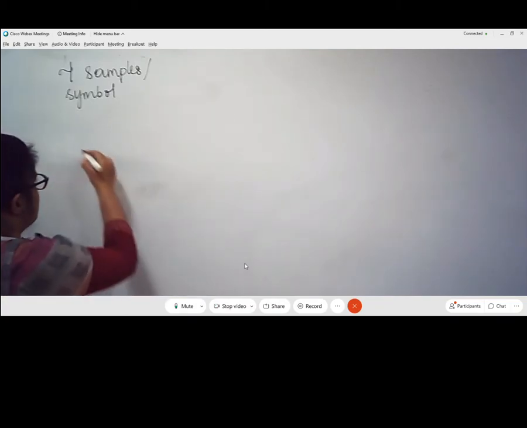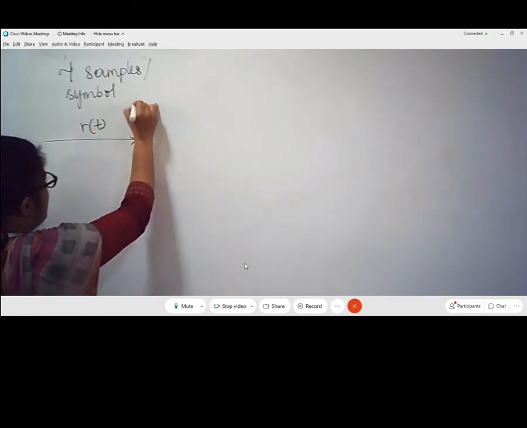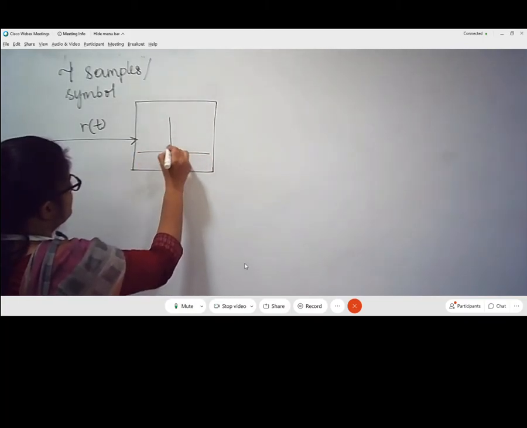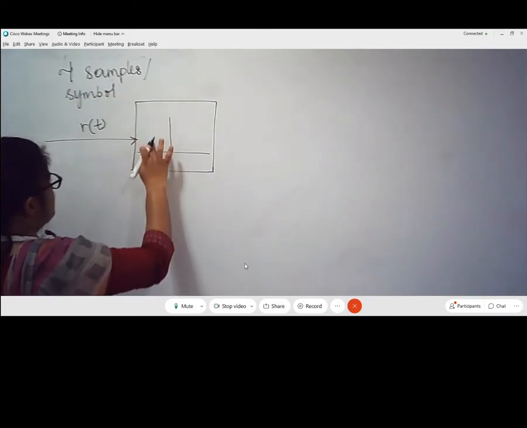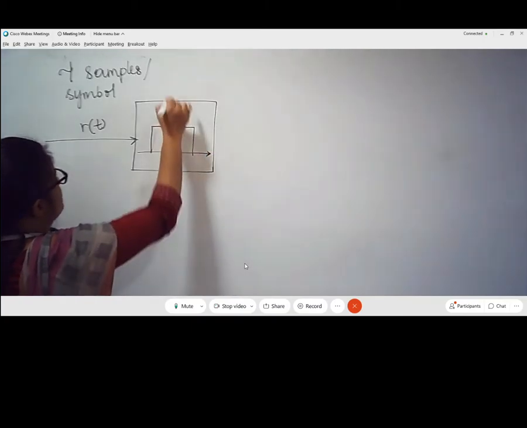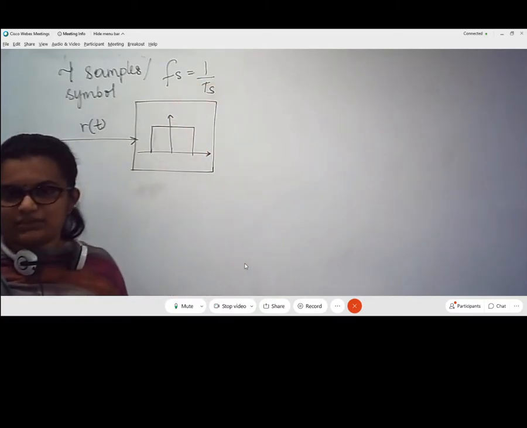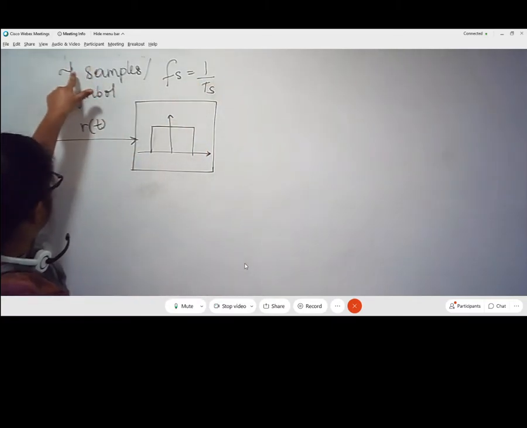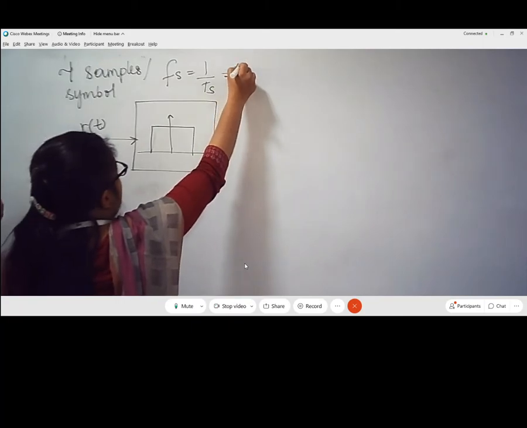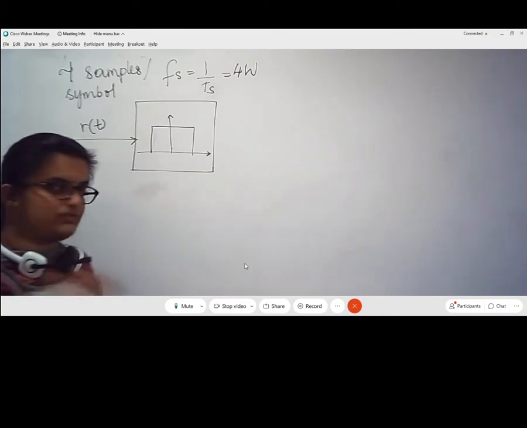First and foremost, we obtain the received signal, which is the combination of the signal and the channel noise. We are now passing it through a filter. I want at least 4 samples per symbol. So I am going to sample it at least at the Nyquist rate, or Fs such that it is equal to 1 over Ts. Either I can take the minimum Nyquist criterion, but I have said I am going to take 4 samples per symbol. So I am adjusting this Fs in such a way that it is at least 4 times W. Okay, it is at least 4 times W, not twice, it is 4 times W.